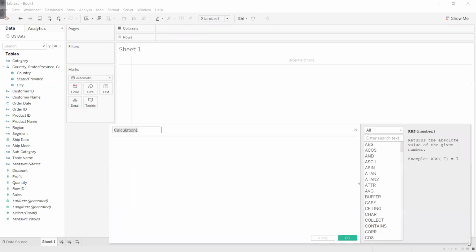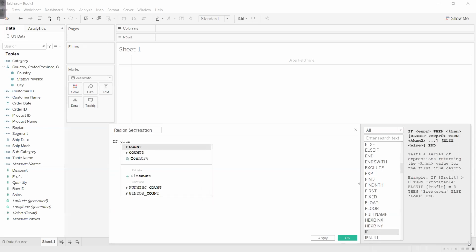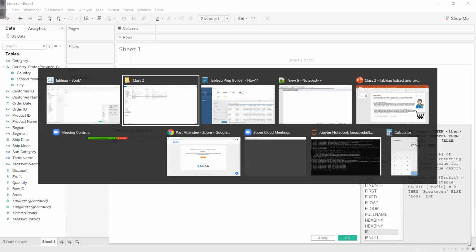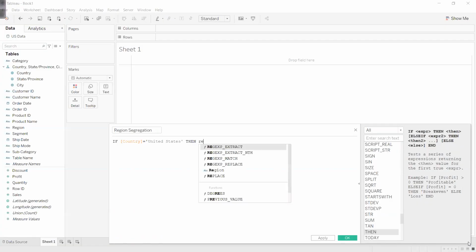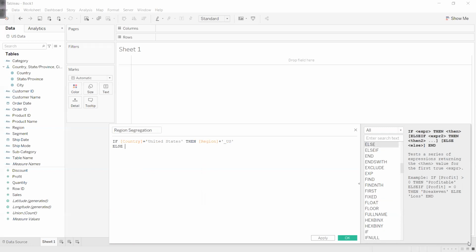So I'll create a calculated field, region segregation: if country is equal to United States, then region plus underscore US, else region plus underscore EU.